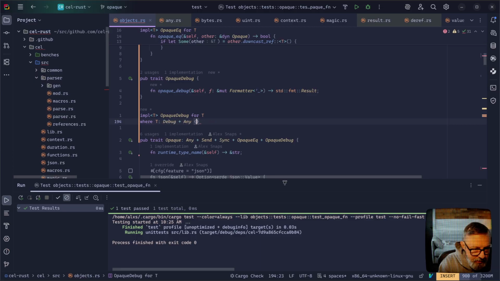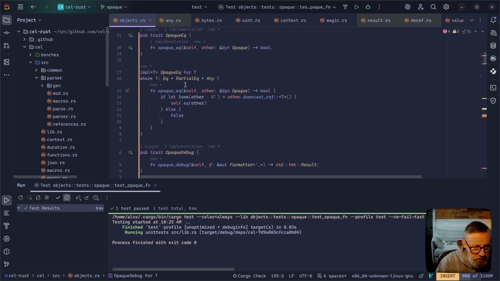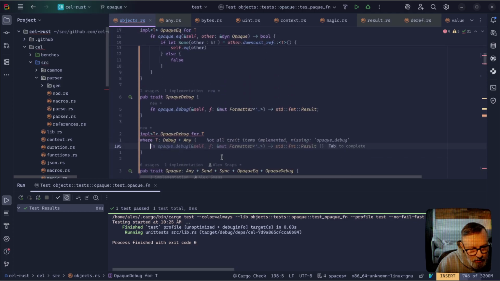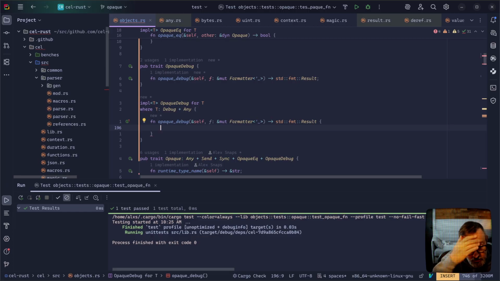That's again all we care about, I think. That's all we cared about for PartialEq up there, but that's a different issue. And now we can actually do our